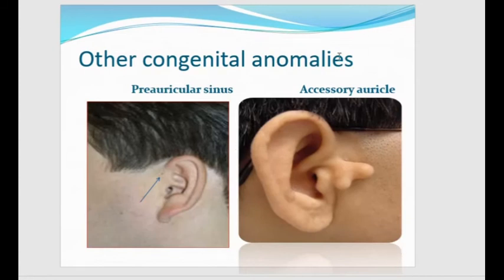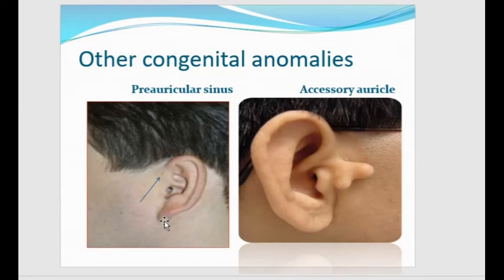Other congenital anomalies of the external canal هي هذا البريوريكولار sinus. والبريوريكولار sinus هو عبارة عن sinus, sinus is a connection between the skin and the pericardium, and has got its external opening either in front of the helix or the tragus. وهذا طبعا is a congenital anomaly that results from failure of fusion of the pieces of the auricle during embryonic